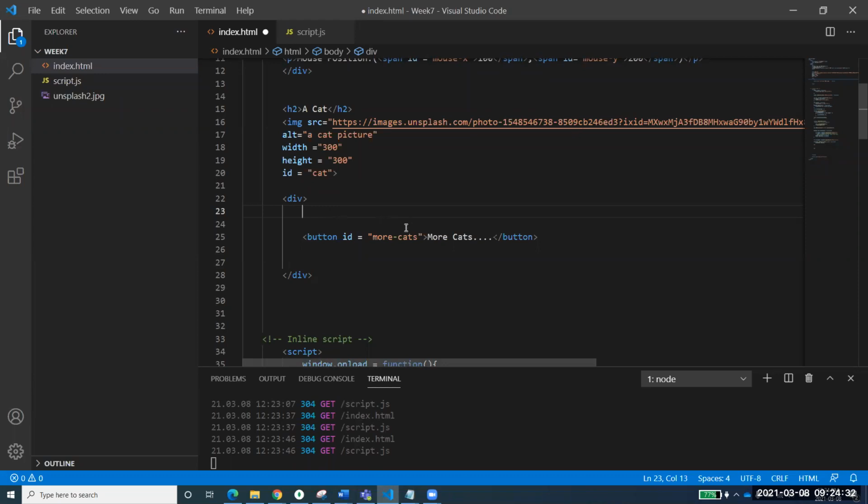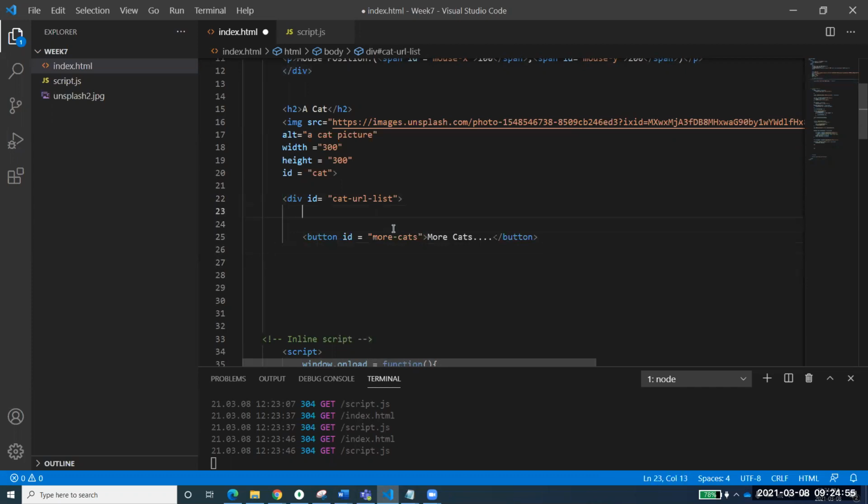And now what I do here is I will say, for example, ID equal to cat URL. Okay, I'll see why it is giving a syntax error. Let me just complete that and I'll talk about that. So now let's talk about this, that I'm just taking this div out of the button.